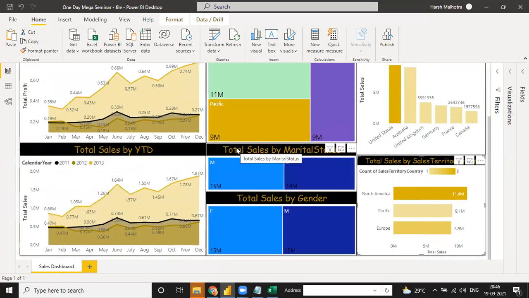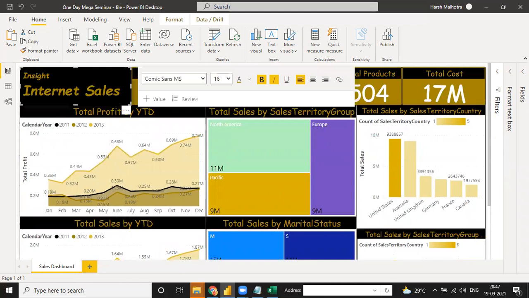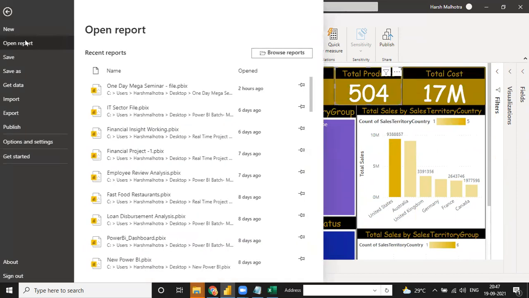There are many more functions in our dashboard, like you have to analyze function or you have to publish into Power BI. There are many functions in the sales dashboard. So when you join our real-time classes, on the basis of this, we will cover all the things with you. Okay, so now this is our sales dashboard, and after that, when you click on file and save as